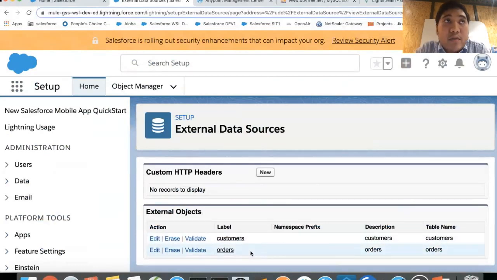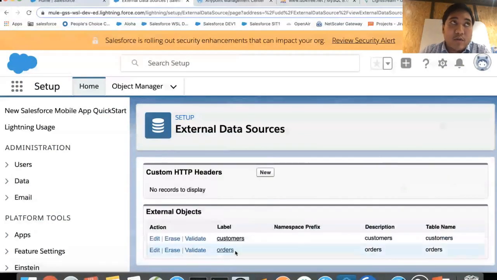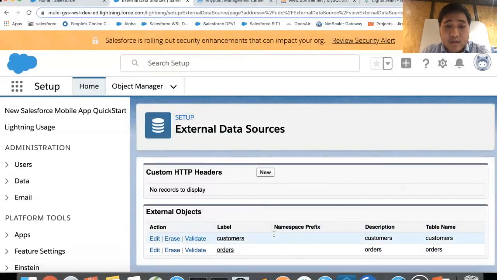And for example, if you want to edit your OData API and add more entities, that will be fine. You don't have to reconfigure this external data source. You just have to, once you've deployed the API, click validate and sync, and you would receive the other entities, and Salesforce will automatically create an external object for that. And once that's done,